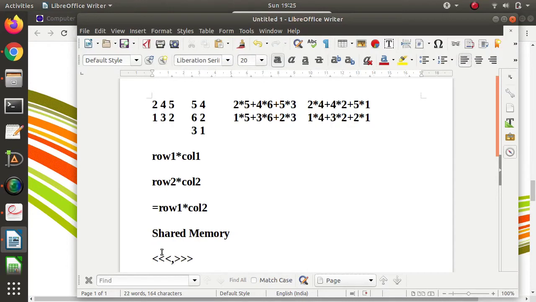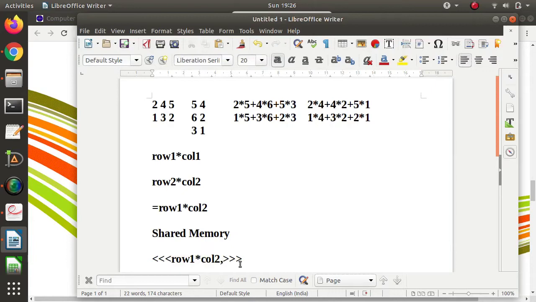So I just put a semicolon here. Here is the number of blocks, and on the other side the number of threads per block. So see here how many blocks we require. One block for this, another block for this, one block for this, and one block for this. So how many blocks do we require? We require a number of blocks equal to the size of the resultant matrix. But what is the size of the resultant matrix? Row 1 into column 2. So this many blocks we require.